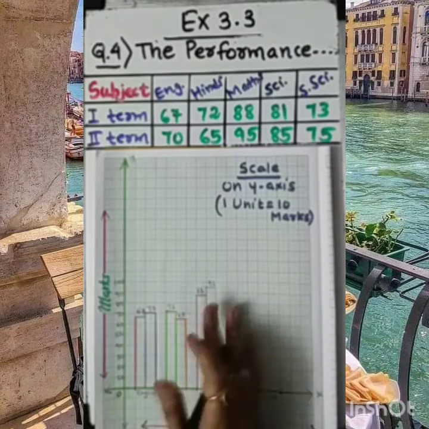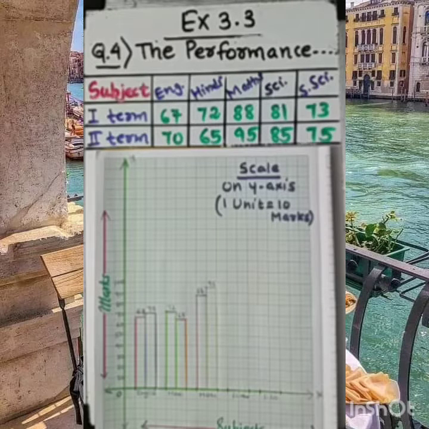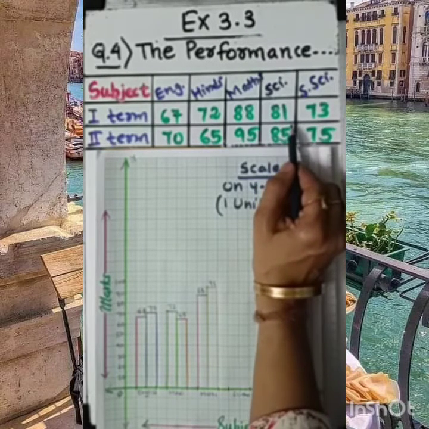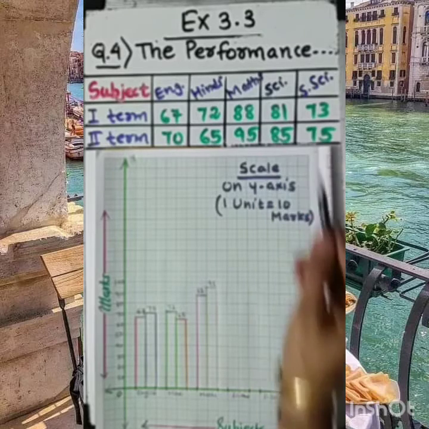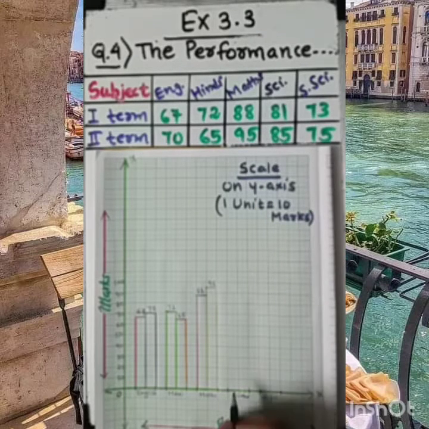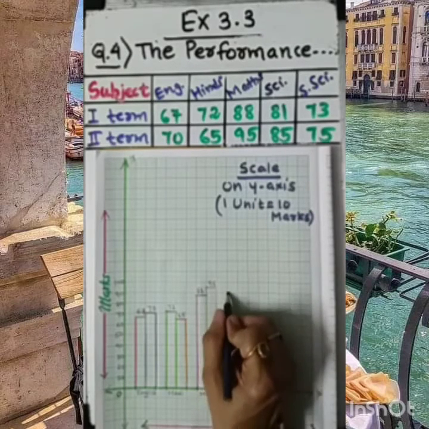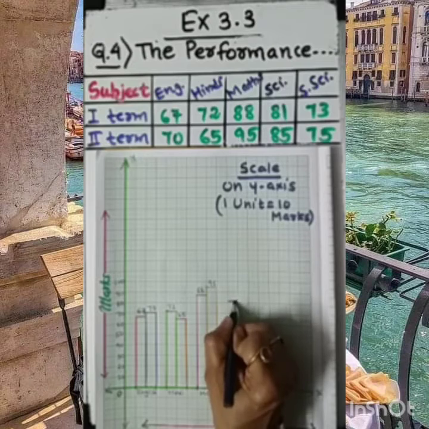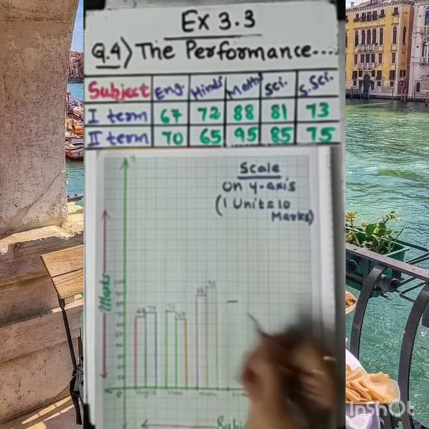Okay, dear student. Now let's move with the science subject. Be ready for that. For the science subject, it is 81 first. Where to locate 81? Very easy, very simple. 81 we can draw between 80 and 90. Immediately after 80, the first line is showing 81. Agree? This is 81. Clear to you?